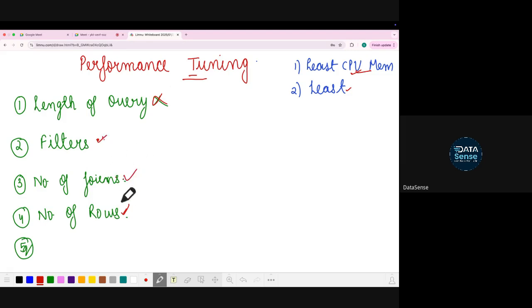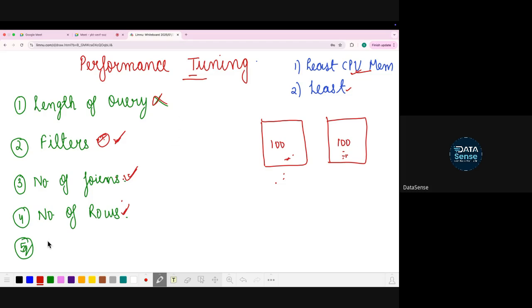So I will say these are the major factors, basically how many rows you are fetching. But take this example, you're using two tables of 100 rows, 100 rows. So their number of rows becomes irrelevant because anyway you are picking the same number of rows in both cases. But how can you write it? In one case it will be an optimized SQL query, in one case it will not be. So what could be the reason? Filters. This plays a very big role. Number of joins in your table also plays a good role.